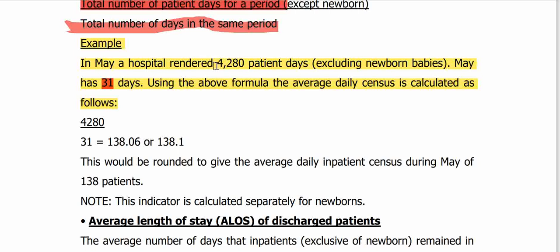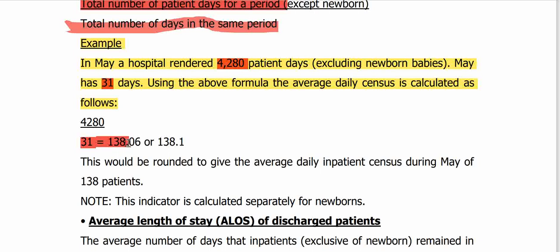And then the total hospital patient days were actually 4,280. So this is a very simple calculation. We just divide the total number of patient days by the number of days of that month, which is 31. Okay, so when we divide 4,280 by 31, what we get is